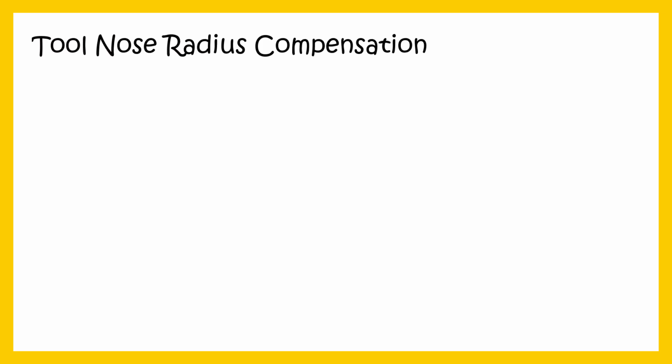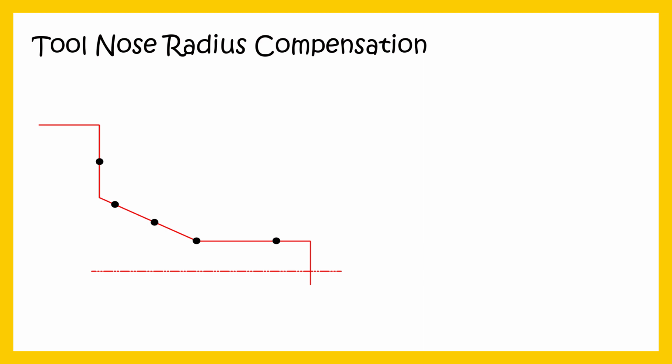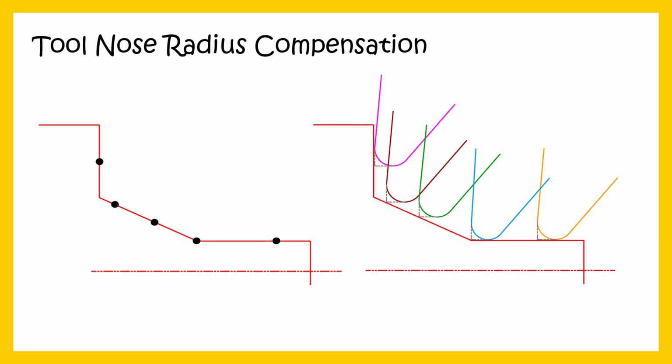Let us take one example. We want to call our tool at 5 different positions of our workpiece. Let's consider this is point number 1, point number 2, point number 3, point number 4, and this one is point number 5. We already know that our tool imaginary point will follow the instructions and will reach these programmed positions.